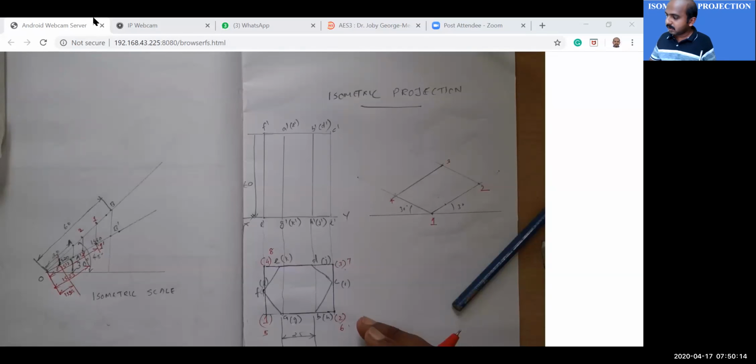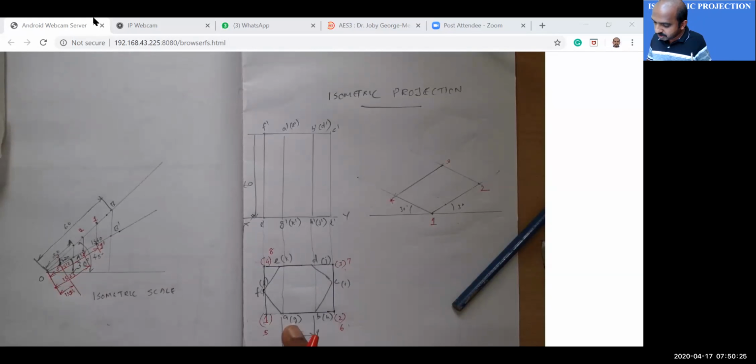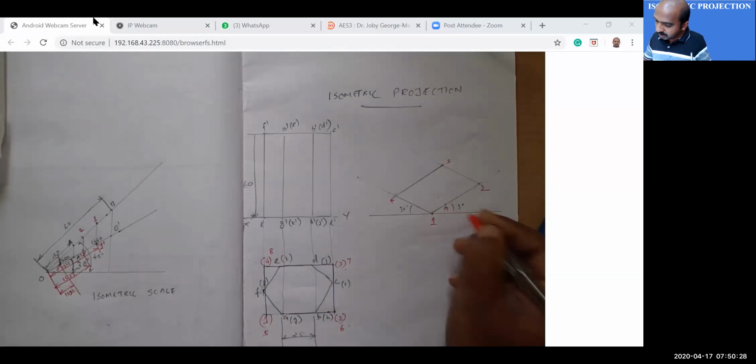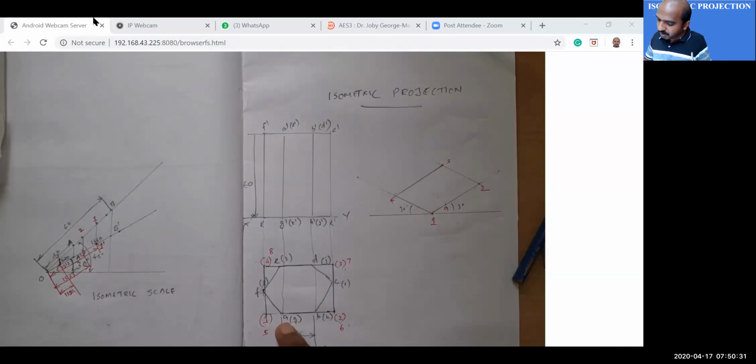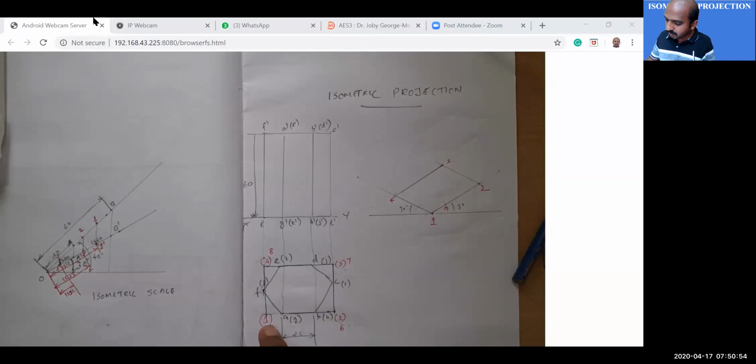Which is this point? This isometric length corresponding to where it is. The bottom point is G. So this point is G. Here 1 to G and 5 to A are the same. Now we know the 1 to G distance is equal to the isometric length corresponding to 1 small g. Once again, 1 capital G distance is equal to the isometric length corresponding to 1 small g.